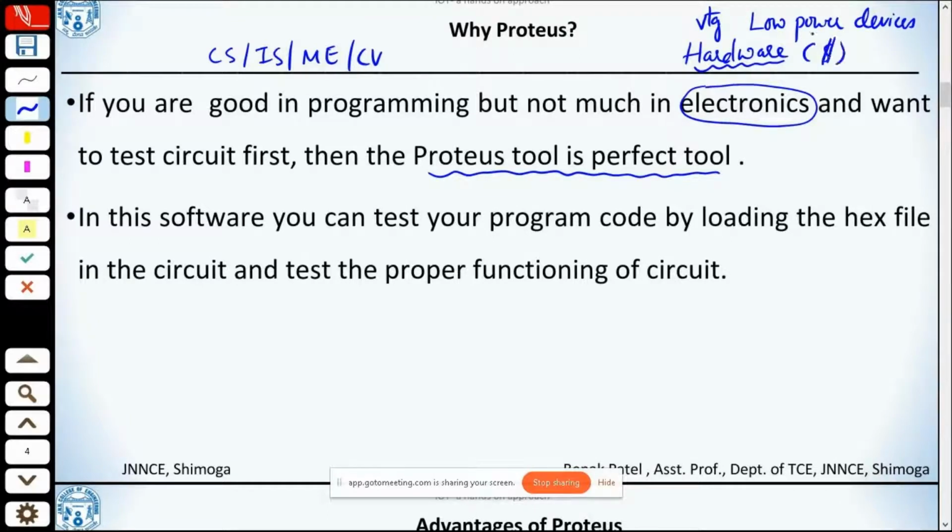So if you are good in programming, and I'm speaking specifically about CS and IS students, but not much in electronics, and you want to test your circuit first, then the Proteus tool is the perfect tool for you.